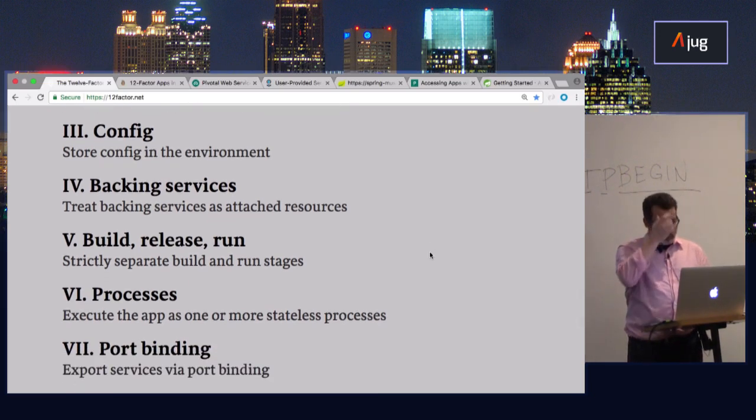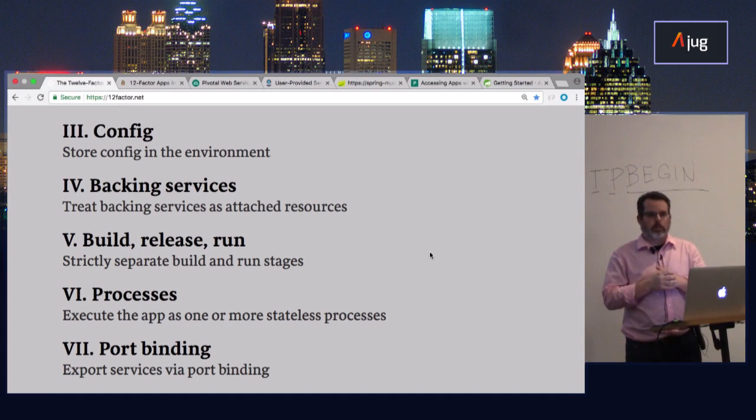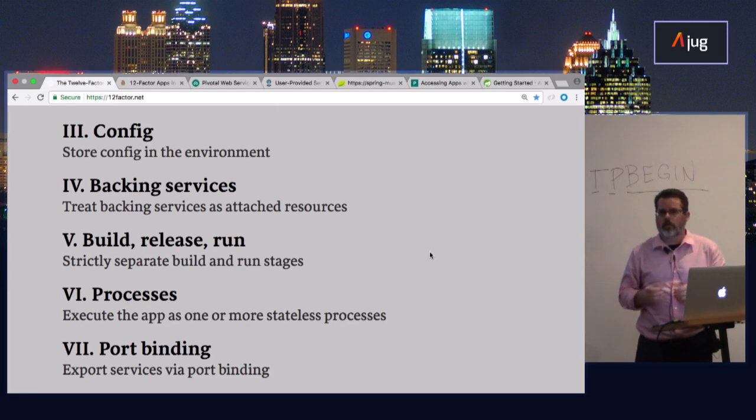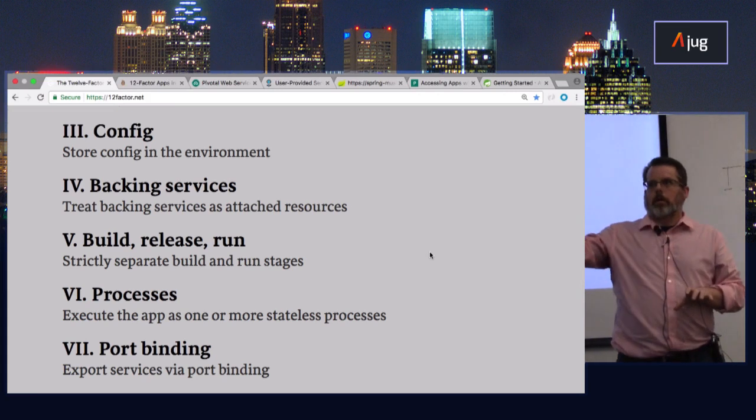But this goes hand in hand with number 4, which is the backing services. We want to treat backing services as attached resources. What this means is it doesn't matter if you've got a database, a cache, you've got a disk out here, you want to just deal with it as a service. You want to say, I'm just going to use whatever has been provided for me. So as a developer, you don't have to worry about checking what environment am I in? What is this URL? I'm going to get that stuff from the config, and then I'm just going to connect to it like it's a data source. So what this allows you to do is it allows you to take a MySQL database or a Postgres database or an H2 database.